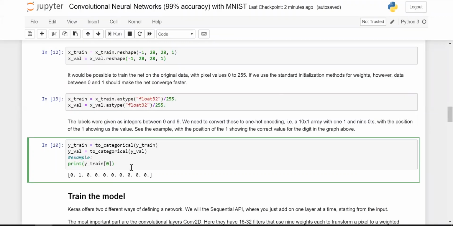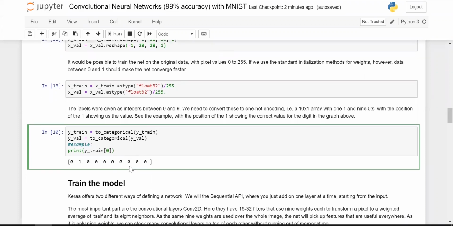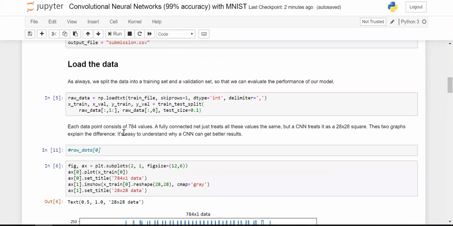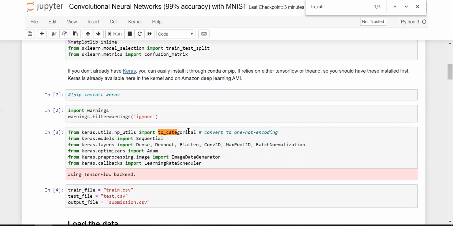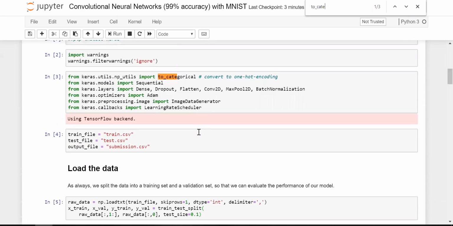In neural networks, it's pretty important to encode the target variables. Hence, we are converting all these labels to categorical form. to_categorical is actually available as a module. I'll just show you. In Keras utils, you have the to_categorical function, which converts your given integers to one hot encoding format.